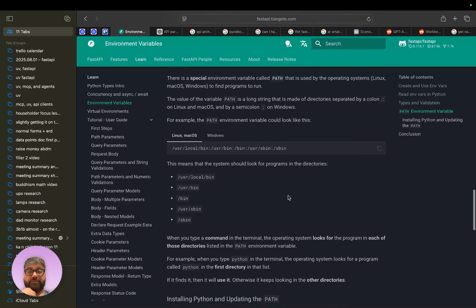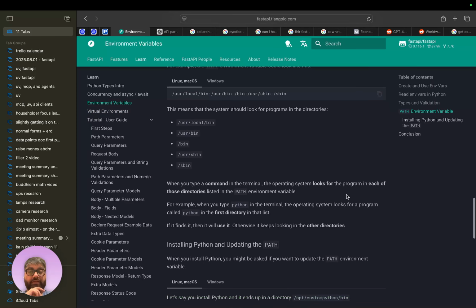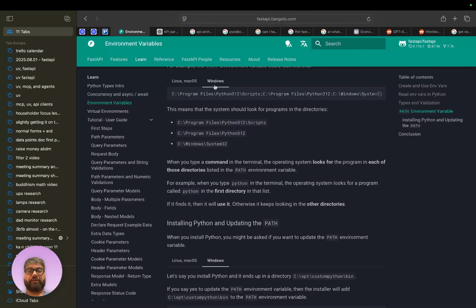And that's extremely important for virtual environments, which I think is what we're getting to next, wherein your path is temporarily shifted up so that a particular version of packages or Python is searched first, right? Colon is the separator for Linux, so each one is a separate path over here, and for Windows it's a semicolon like over here.